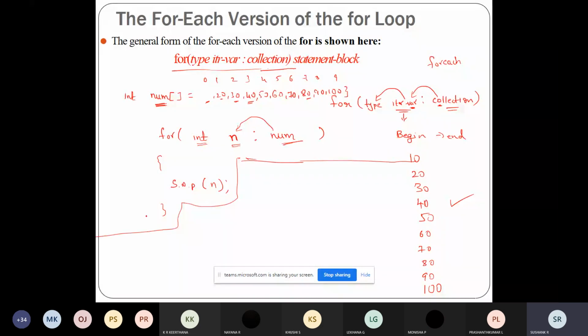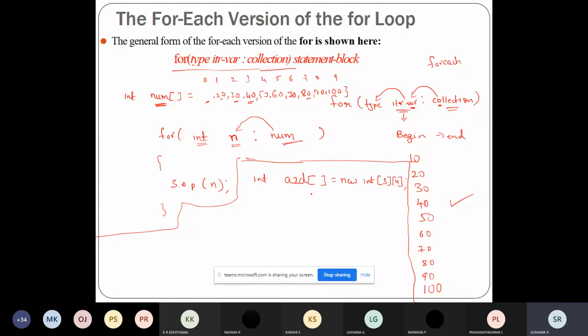There is one array given by the name A2D, a 2D array. I'll write it as new int. It might contain some 3 rows, 4 columns, whatever it may be. I'm not telling the values.